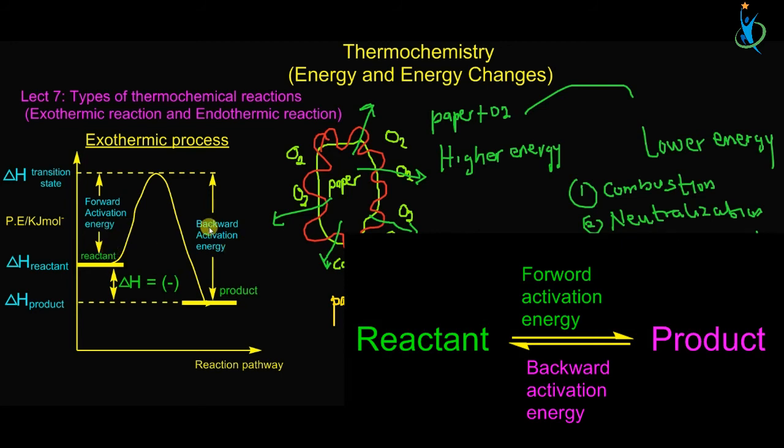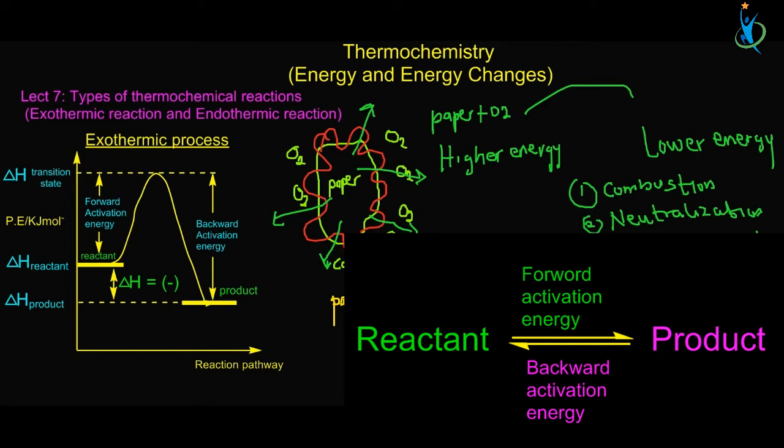Now the forward activation energy is the energy supplied to the reactant to transform to become the product. And when you say the backward activation energy, in some reversible reactions, some product will also like to become the reactant. In that case, the product must also absorb energy in order to transform itself to become